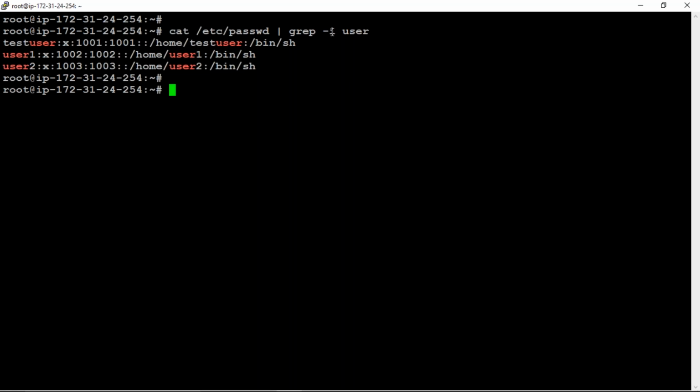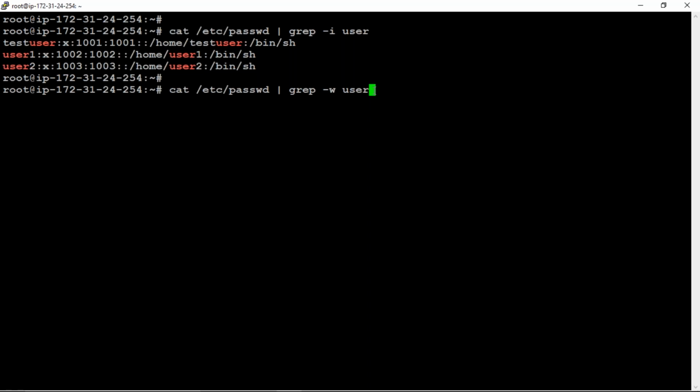Here, instead of -i, you can give other options also. Suppose I give w there, let us do that one. Cat space etc passwd, grep, and I'm assigning w there.